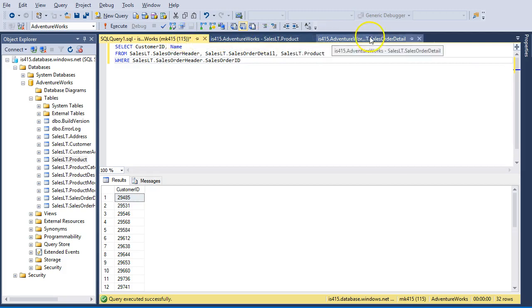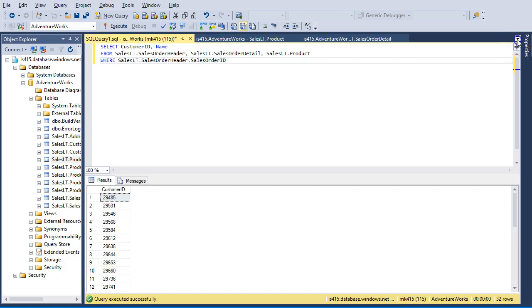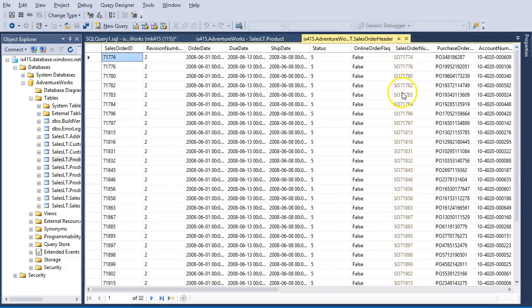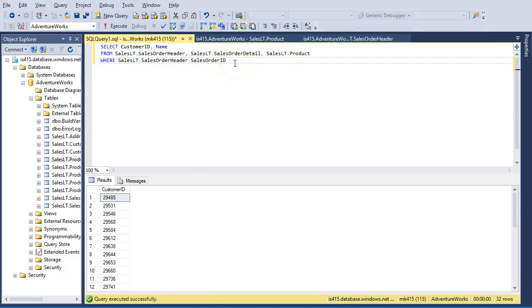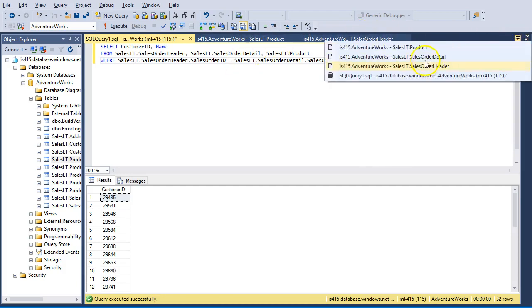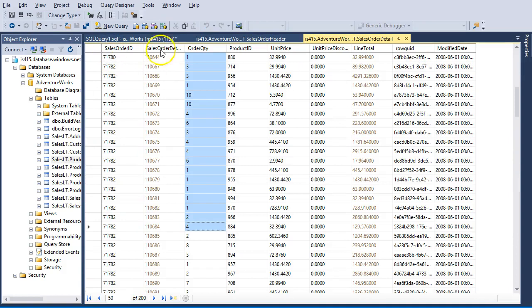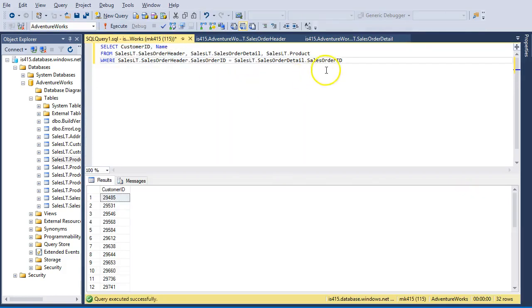All right, SalesOrderHeader, there it is. SalesOrderID. Yep, that's it. So SalesOrderID, and that's going to equal SalesLT.SalesOrderDetail.SalesOrderID. Let me check and make sure that that's what it's actually called in sales order detail. Yep, SalesOrderID. Okay,